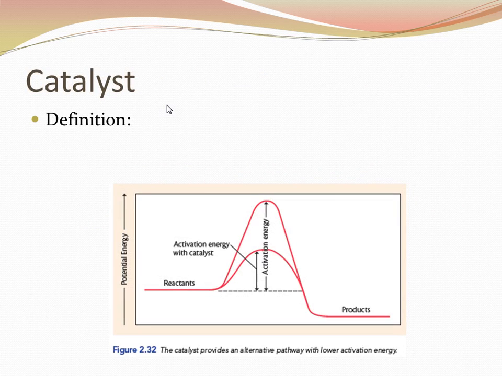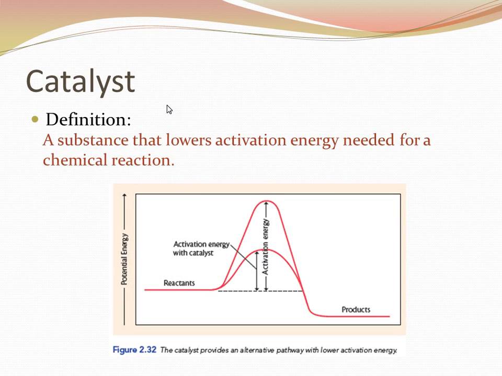So because it doesn't happen very often, you have to have a catalyst. A catalyst is any substance that lowers the activation energy needed for a chemical reaction. A throwback to the biology that you studied, there was a specific kind of protein called an enzyme, and you have lots of different kinds of enzymes in your body, and each of those enzymes lower the activation energy for the different chemical reactions that go on.